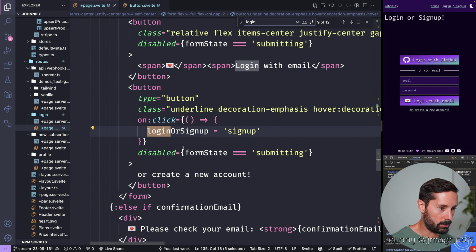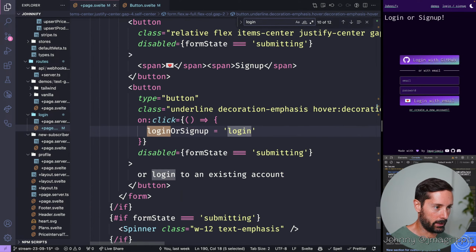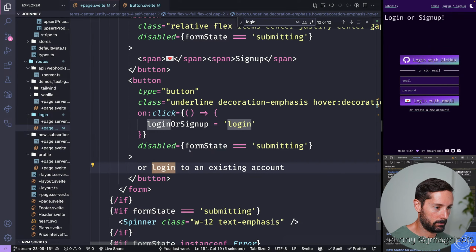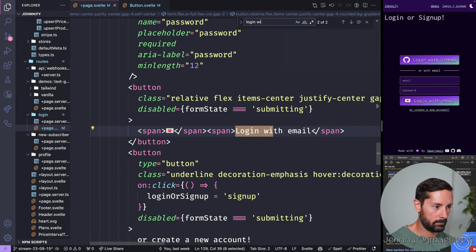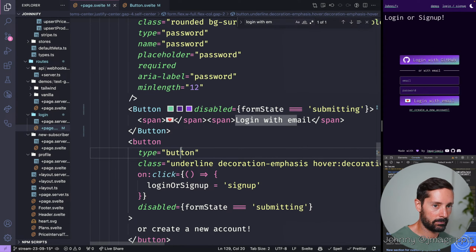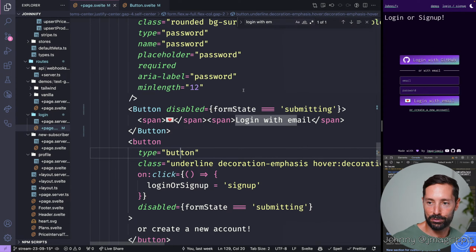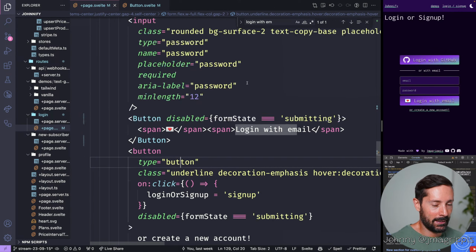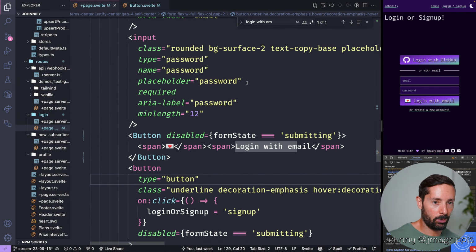So let's use our cool button for the login button. Big B button, no class needed. Ensure consistency with this trick. And we're doing all of that